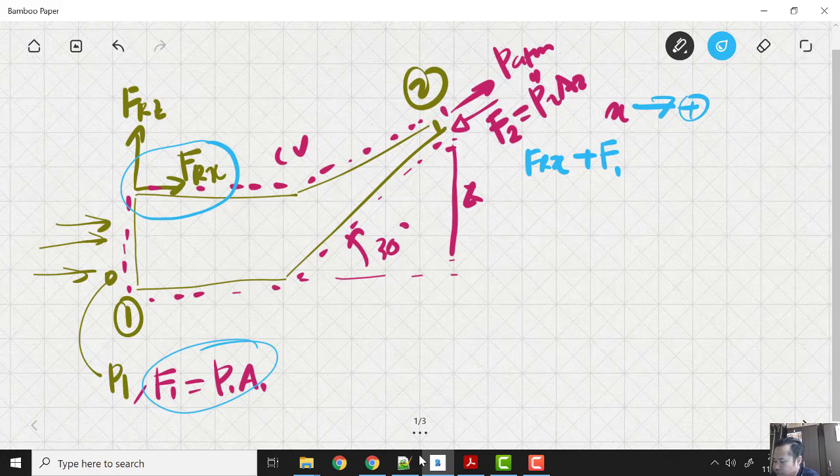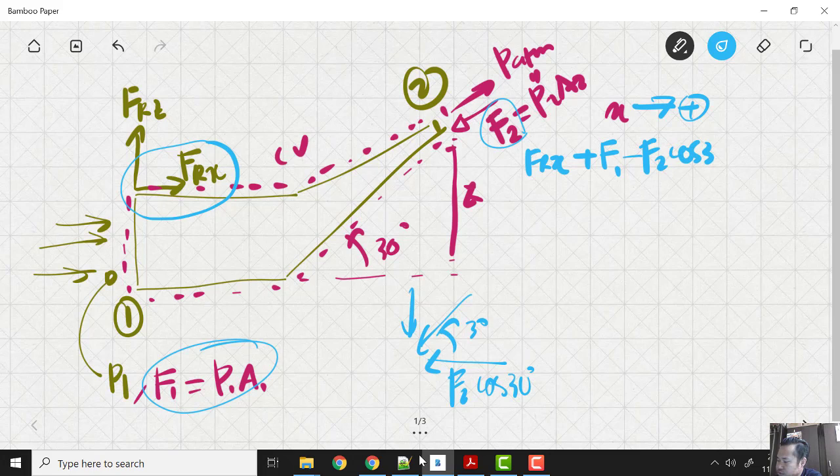And we have another force, F2, but F2 is at an angle of 30 degrees, so we want to find the force in X direction only. So F2 cos 30. But the force is moving against the direction of the water, moving to the left, so minus F2 cos 30 degrees, equal to